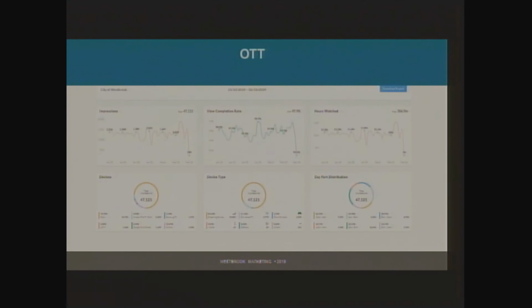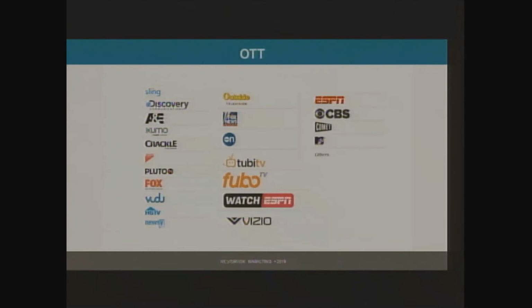So they're pretty much a captive audience because it's pretty difficult to click away and then get back to the show they were watching. So they have to watch it. So it actually proved to me that it's a good way for us to advertise. And that's also very targeted. And these are some of the networks it ran on the streaming: Sling, Discovery Communications, Fox, HGTV, ESPN, CBS, MTV.